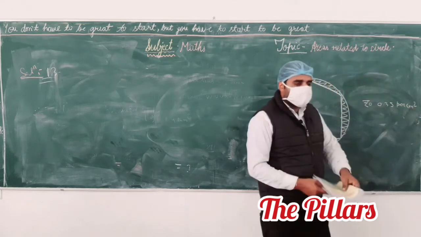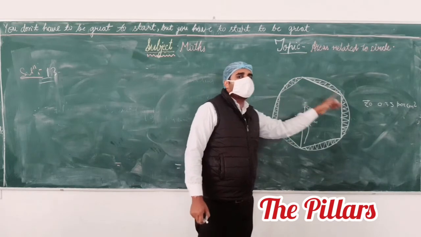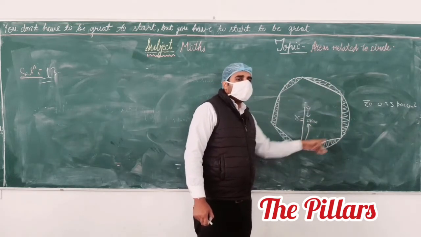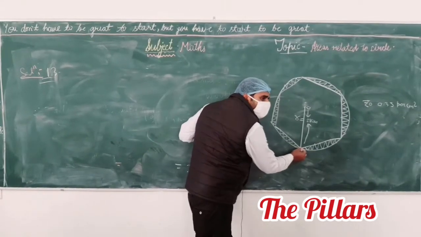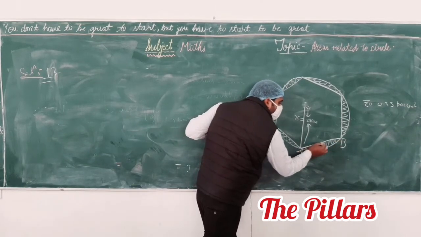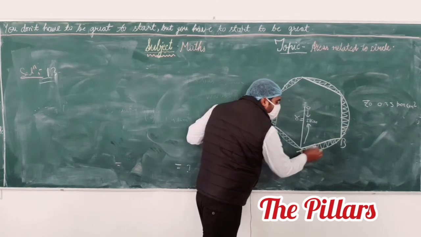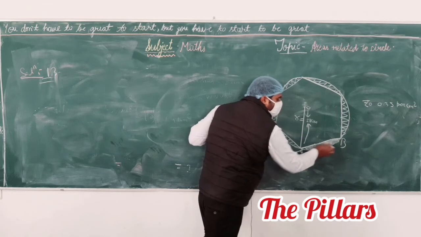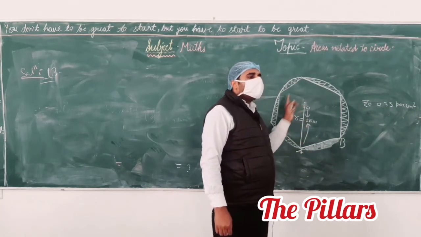The question tells that we have a circular part, and on it there are 6 designs, and all these designs have equal area. Suppose we fix the points: this is point A and this is point B. AB is a chord, or not? Yes, sir. And the area covered by this design is a segment area, or not? Okay, this is the circle. How many designs does the circle have?